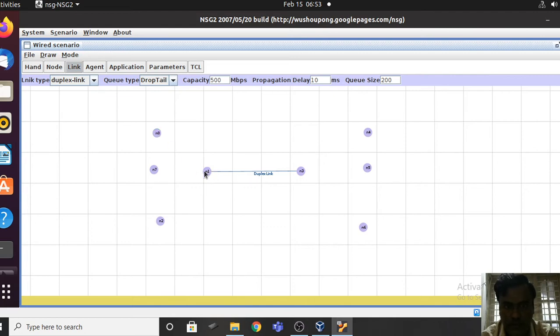You can just click on the first node and click on the second node.